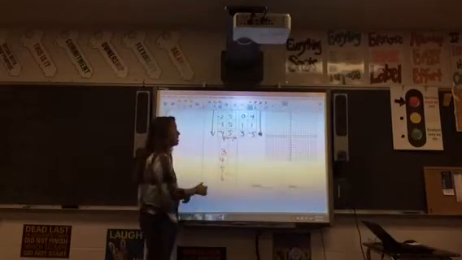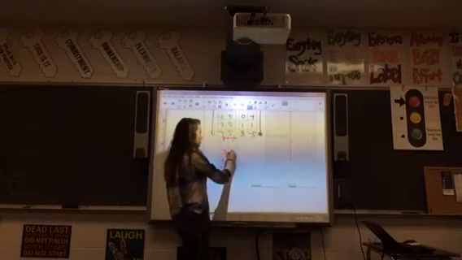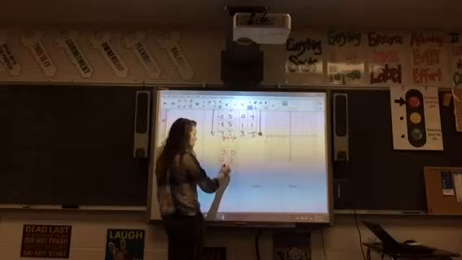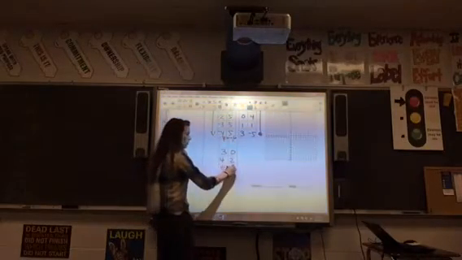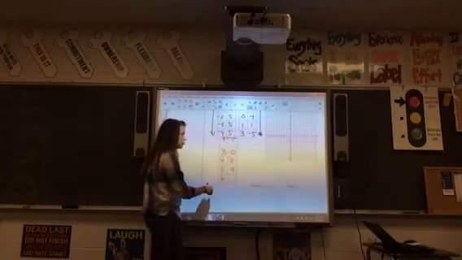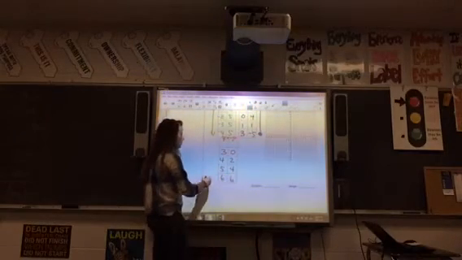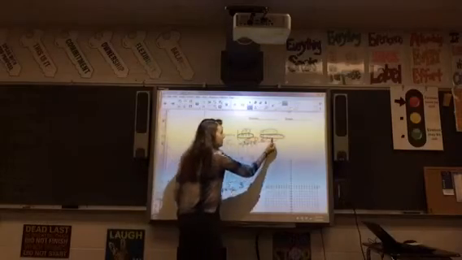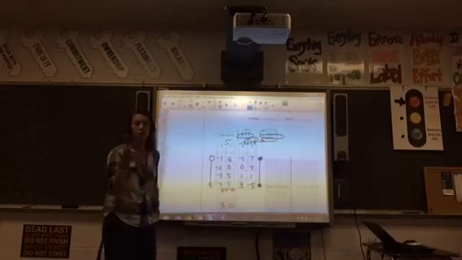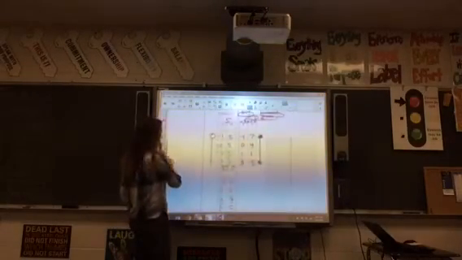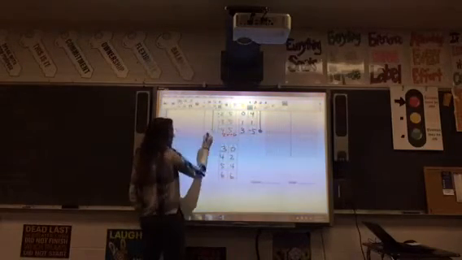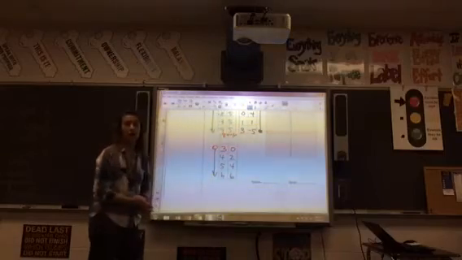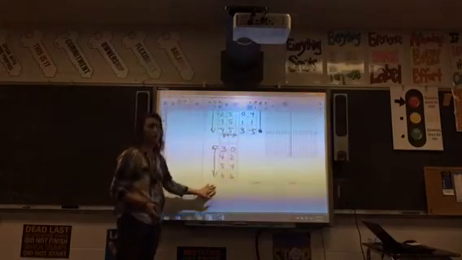When I plug these in, I have 3 times 2 is 6, minus 6 is 0. 4 times 2 is 8, minus 6 is 2. 5 times 2 is 10, minus 6 is 4. And 6 times 2 is 12, minus 6 is 6. So when I graph this one, we did have an open circle here because x is greater than 3. We're not including 3. There's no line underneath that. So we've got an open circle, and then that line is going to extend on the graph till positive infinity